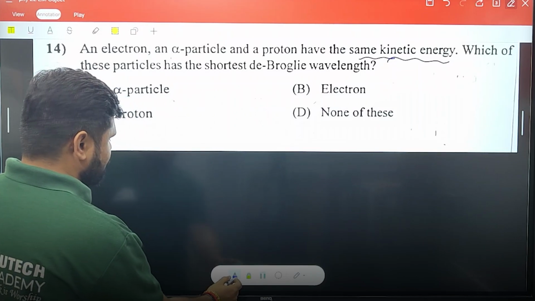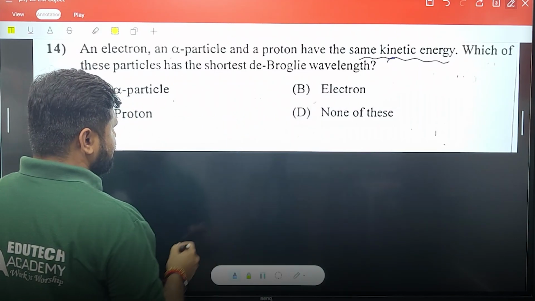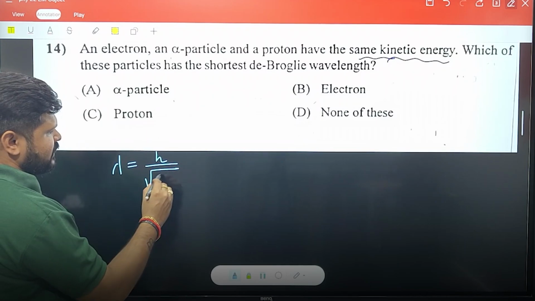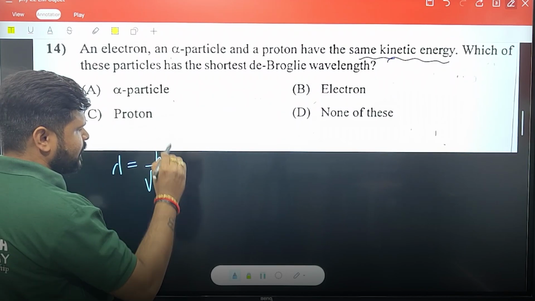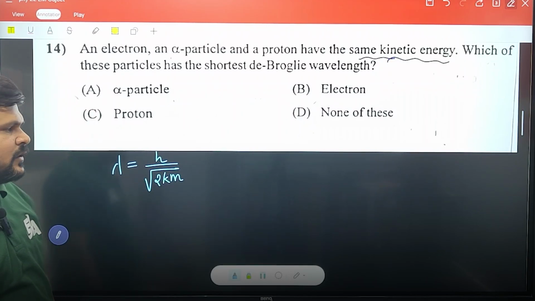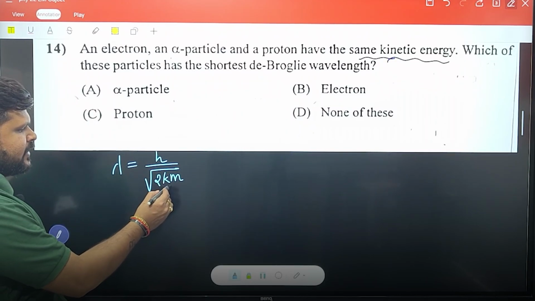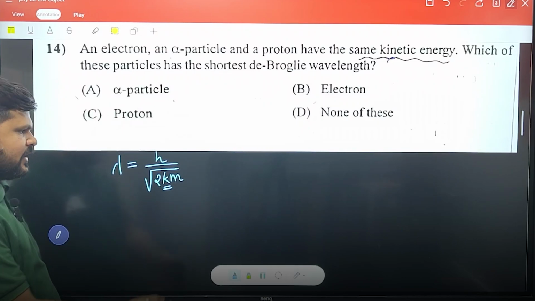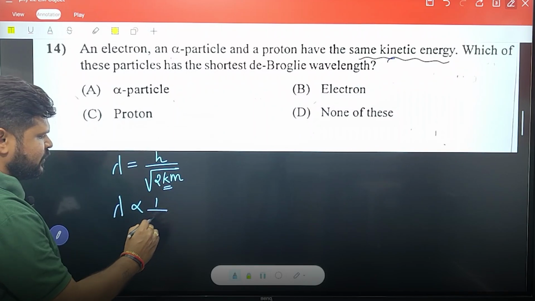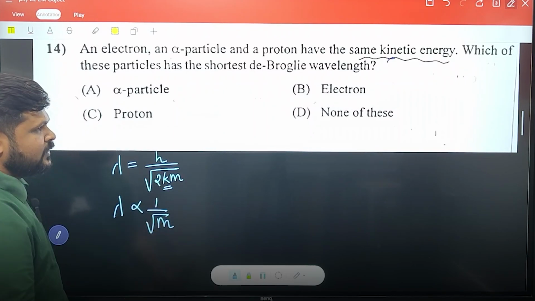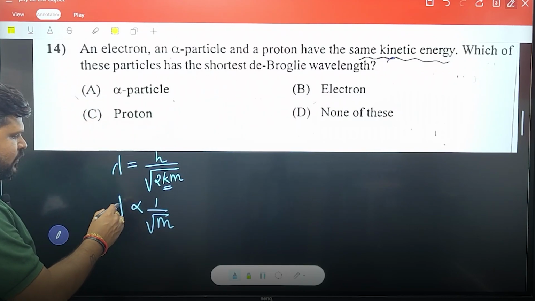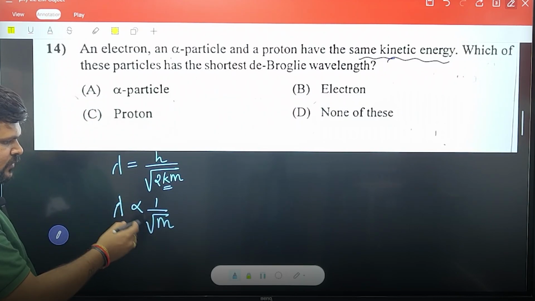That is the question. What is the formula of de Broglie wavelength in terms of kinetic energy? It is h upon under root 2mK. This is the formula of de Broglie wavelength in terms of kinetic energy. Now here we are given that the kinetic energy of all three particles is the same. h is constant, 2 is also constant. So obviously lambda is proportional to 1 upon under root m. Here we are asked to find the shortest wavelength. So lambda will be shortest when this m